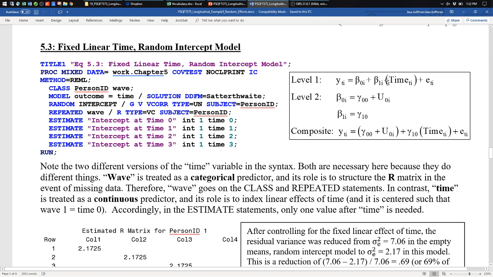Because I have 2 betas in level 1, I've got 2 beta equations in level 2. Each of them starts with a fixed effect. So gamma 0, 0 was my fixed intercept. It used to be the grand mean. Now it's going to be the expected mean at time 0, which is wave 1. Likewise, I have gamma 1, 0. That's my fixed time slope. It's 1, 0 because it's referring to beta 1. And it's the 0 because it's the first way of making a prediction for beta 1. It's the first entry into this level 2 equation.